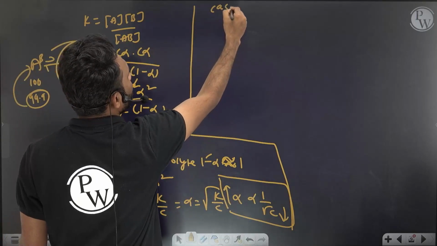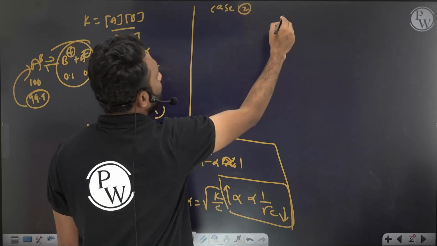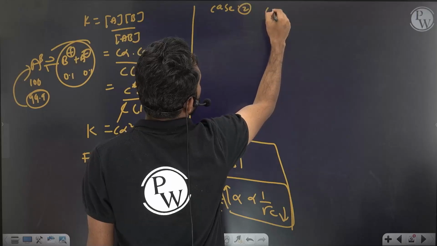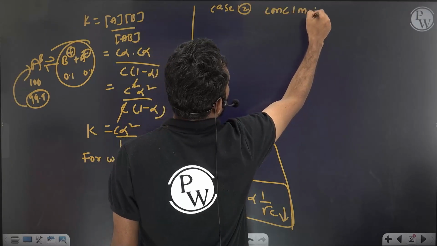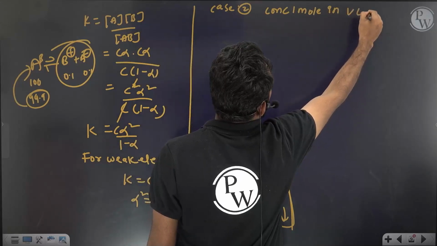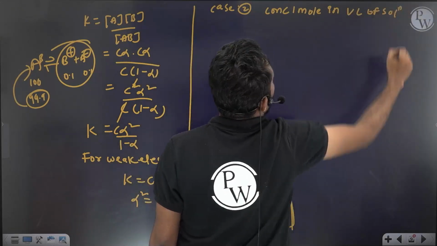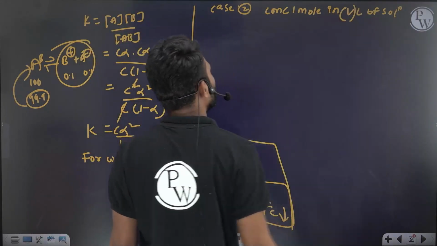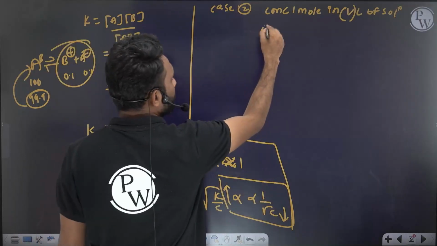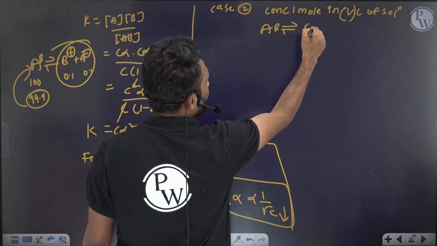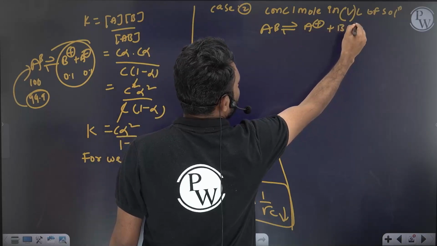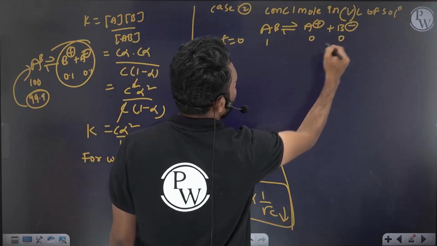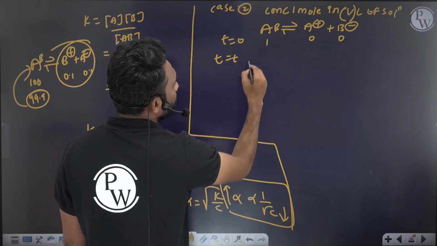In case 2, he has taken concentration 1 mole in V liters of solution. The V value is not known here. Now, same as before, AB gives rise to A plus and B minus. Initially, at time t, 1 mole is taken, and the products are 0 and 0. At time t equilibrium, from the 1 mole,